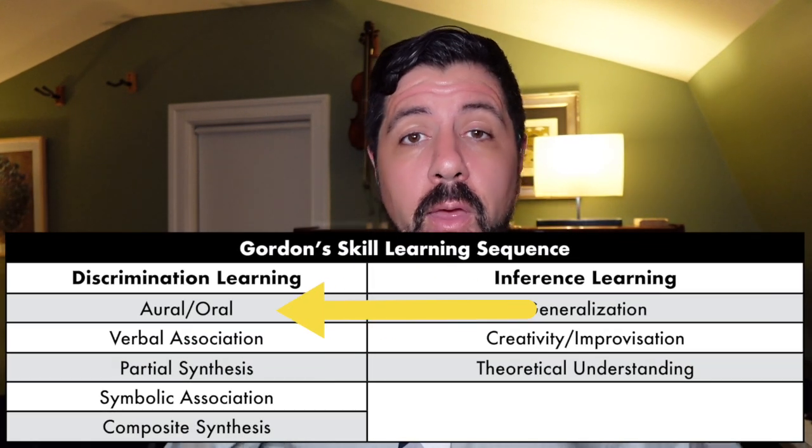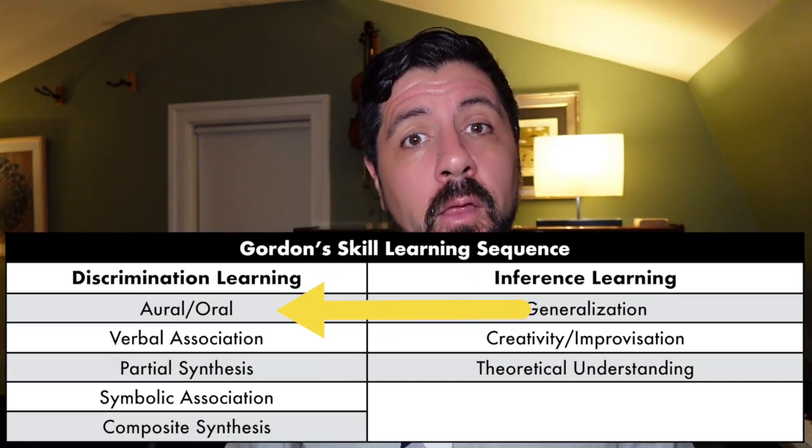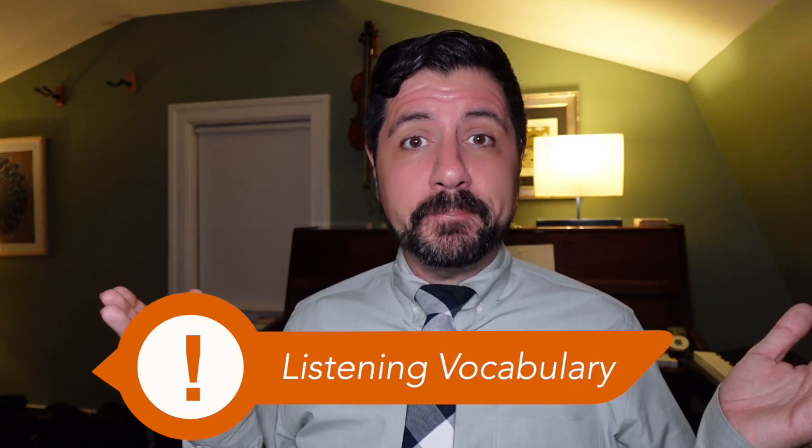A-U-R-A-L, aural. O-R-A-L, oral, mouth. We learn to hear music, and we listen to music and experience music and feel it in our bodies before we're even expected to do anything with the music. We need to develop our listening vocabulary. And eventually, after we've developed a singing voice and basic rhythmic coordination, at the aural level, we can expect students